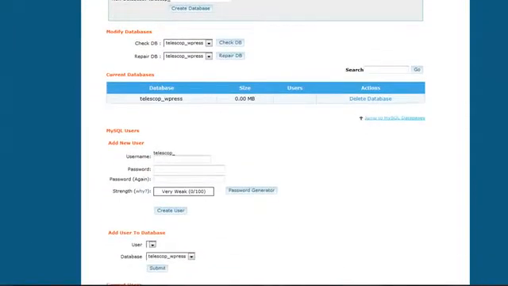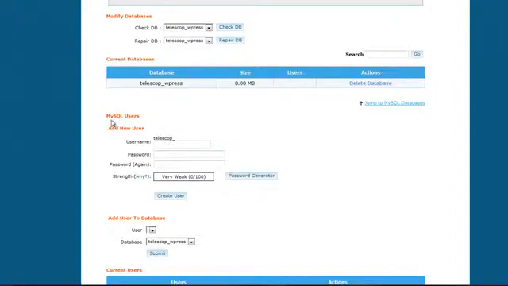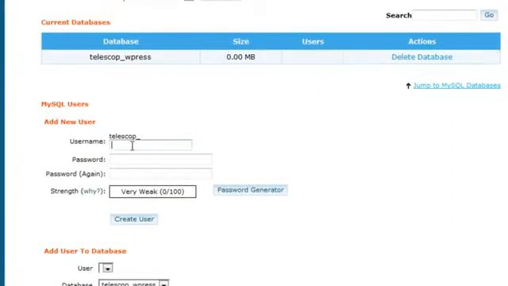You scroll down until you find the MySQL Users Add New Users section. And we're going to do username, WPress again. The password, you want to use something a little complex. This isn't the same as what you'd log into WordPress. This is the database password, so you're not going to need to remember this, but choose something difficult anyway. We're going to want to enter it twice. I'm just going to pick one here, and you can see it in a second on the next screen. It says very strong. Then you click Create User,